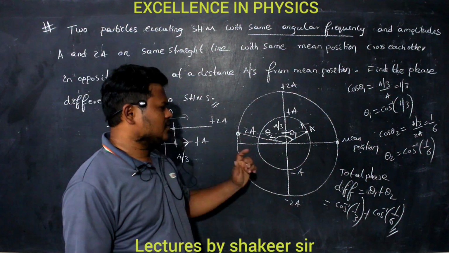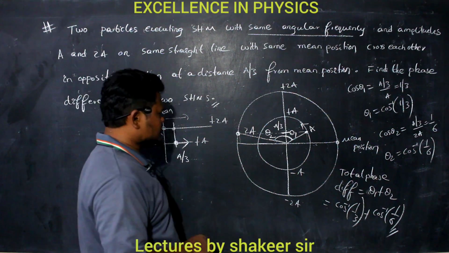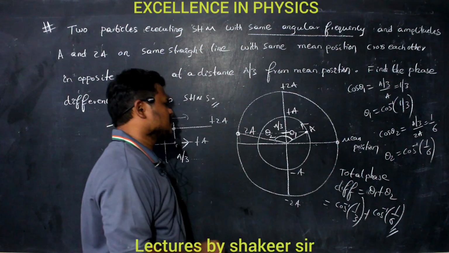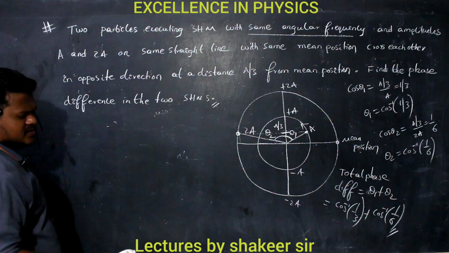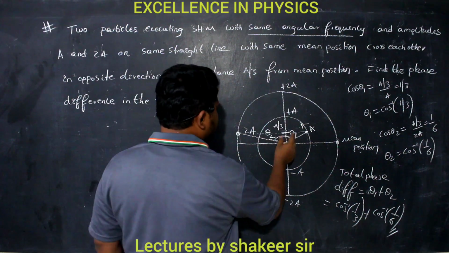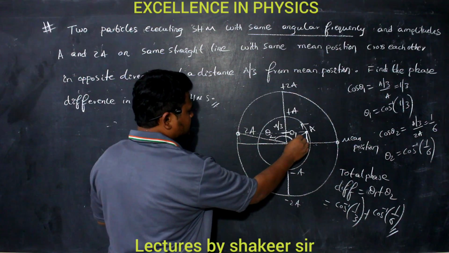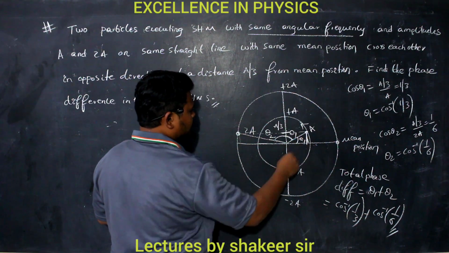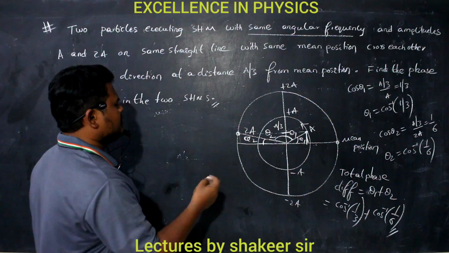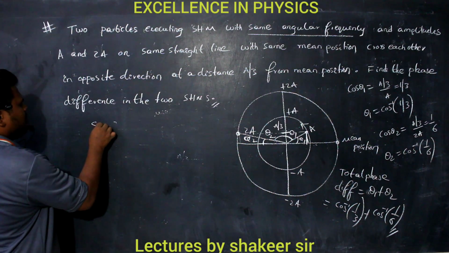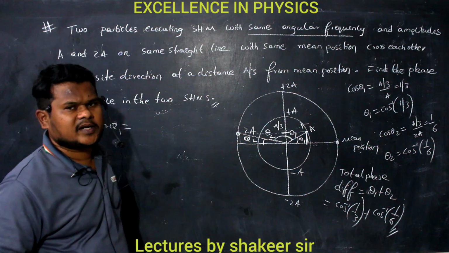The same value you can calculate in terms of sin theta also. For example, let us see that calculation also, how we can calculate in terms of sin theta. So instead of considering this right angled triangle, I can consider this right angled triangle also. Let this angle be alpha 1 and let this angle be alpha 2. Then how can I calculate sin alpha 1? Sin alpha 1 can be calculated as opposite by hypotenuse.